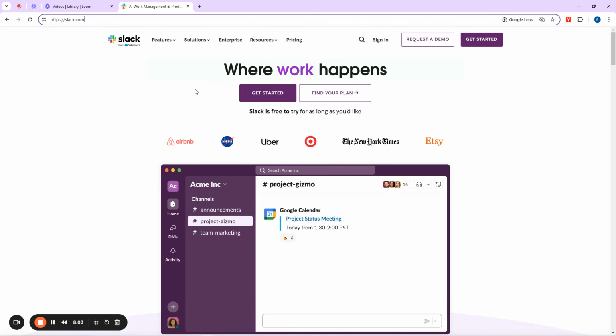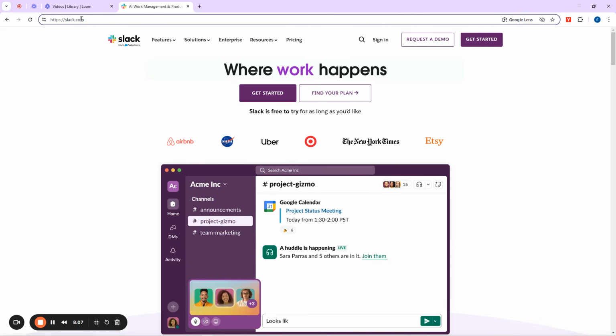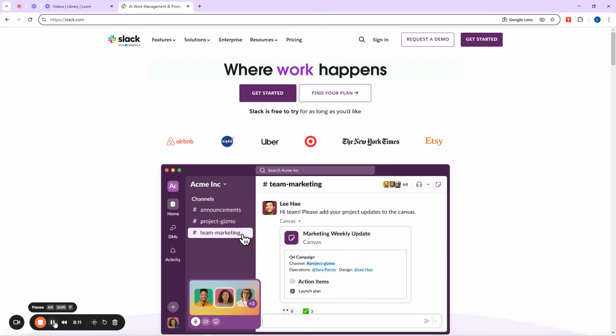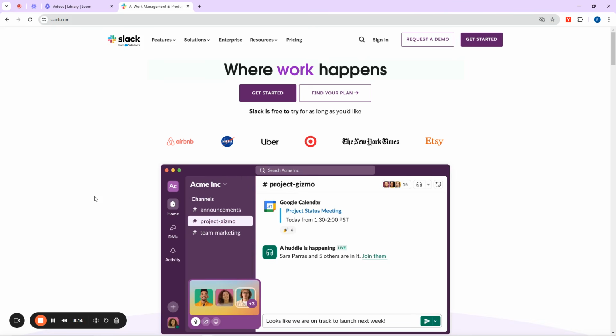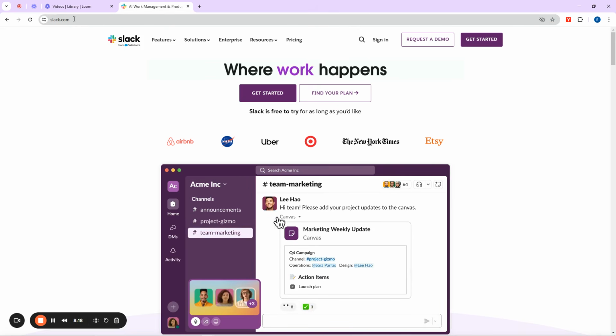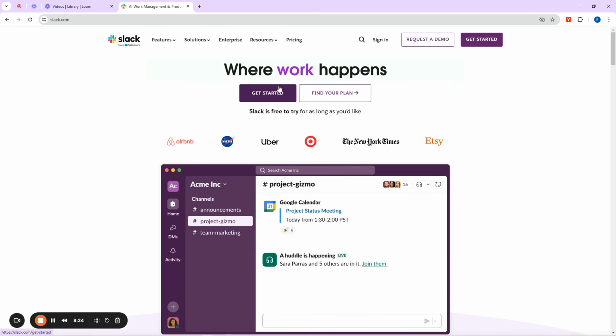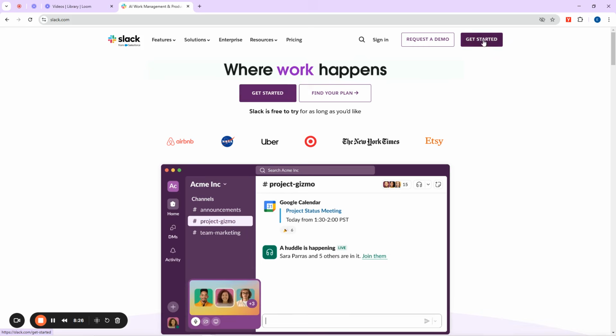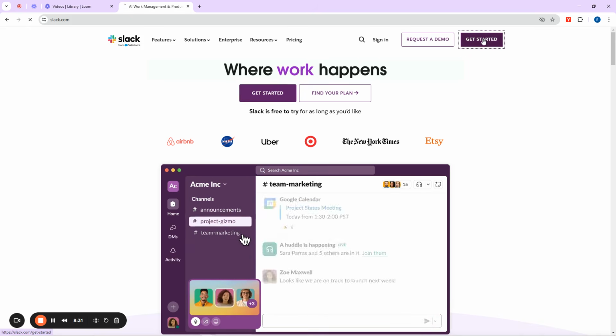So now, how can you create a Slack account? The first thing you want to do is come to slack.com, and when you're on slack.com, the next thing you want to do is get to know about Slack for the first time, and the way to do that is to click on this Get Started here. When you click on Get Started, you're going to be allowed to start the account creation